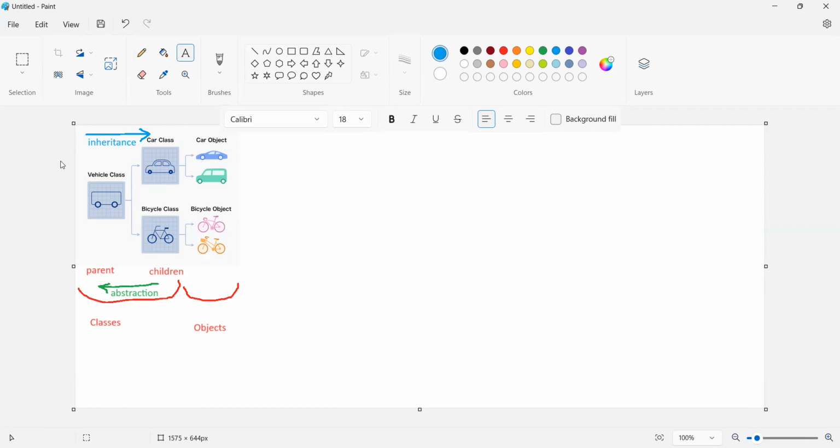So you see the arrows both ways. When you look at a set of classes and try to identify the common things and then create some parents out of that, we call it abstraction. And when we have children made out of parents, we call it inheritance. All right. So these are two words that we hear all the time when it comes to object orientation,